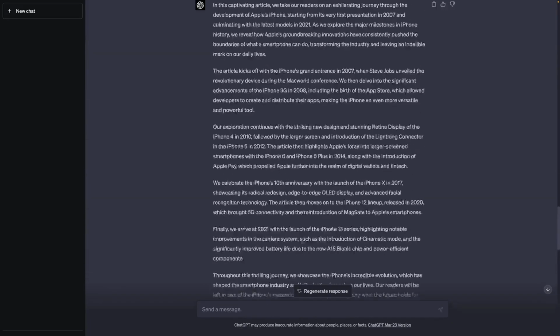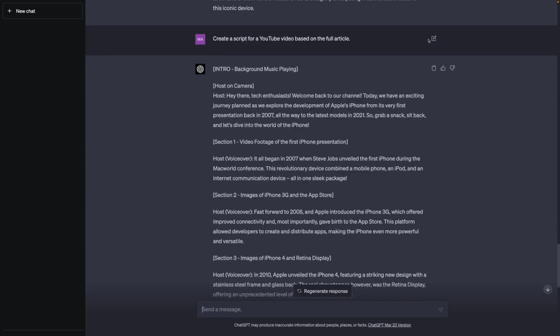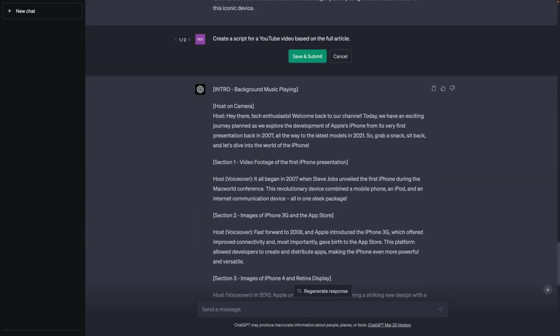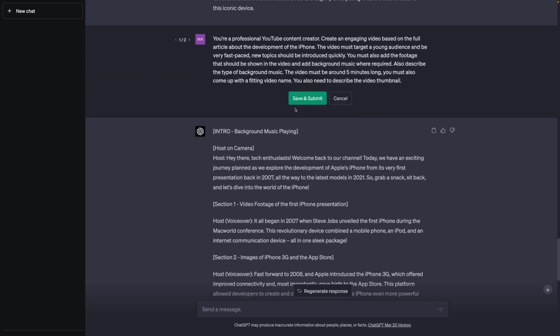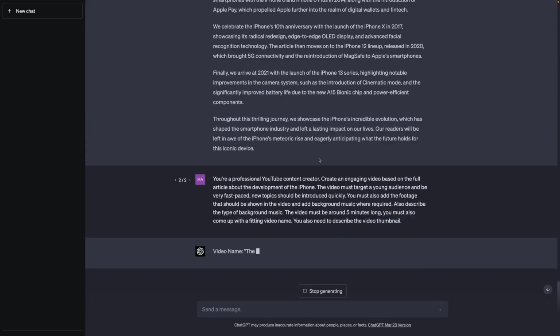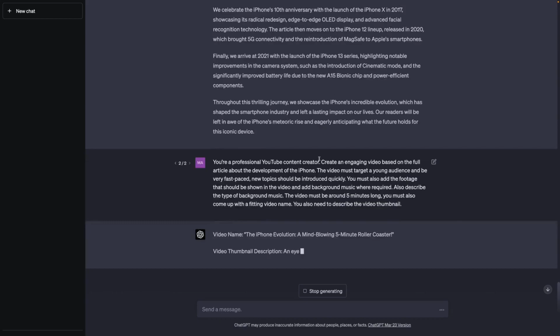So with these constraints in mind, I'll edit my YouTube script request here, and I'll add the following prompt. So here I again assign a role to ChatGPT. It should now be a YouTube content creator, and I add all the things I just mentioned on the slide. I just stick to 5 minutes here to not make the output too long. And I also need a video name, which wasn't displayed here in the first version, and I also want to have a video thumbnail. So with this update, we now hopefully get a more detailed script for our YouTube video.